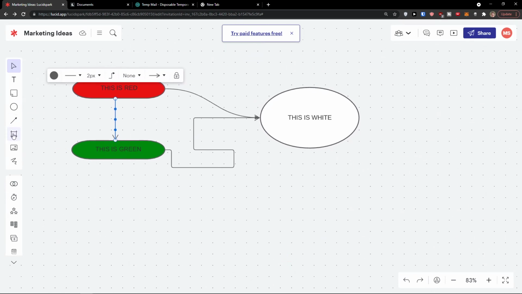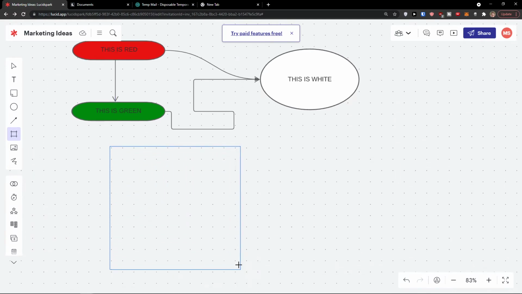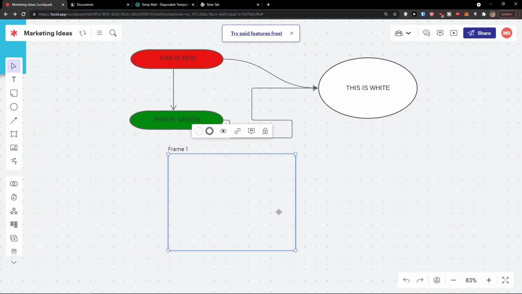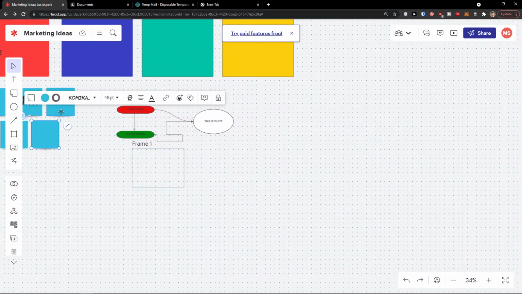Now, when we got it, what I can do next is to simply create a frame. Create frames, and this is a really fun part, and I think you will like this. So you can have a table of contents or create a frame. So I'm going to create a frame like this. Now, when I'm going to present, you would see frames many times. In my frame, I can simply